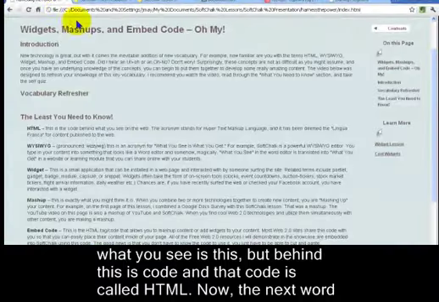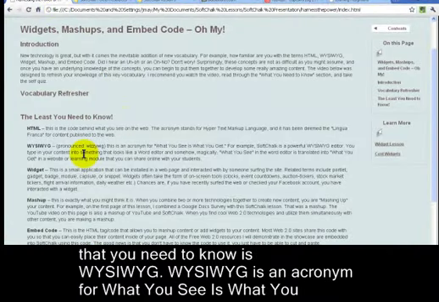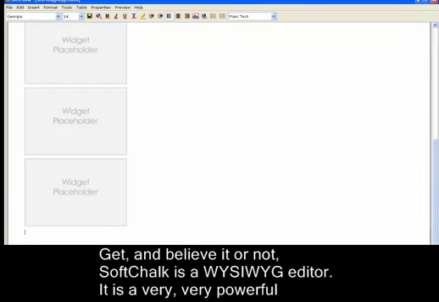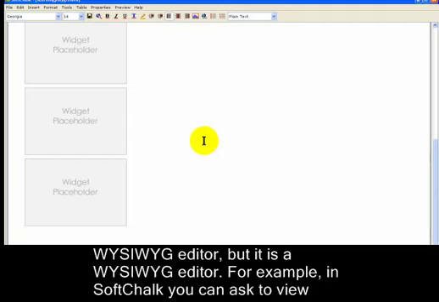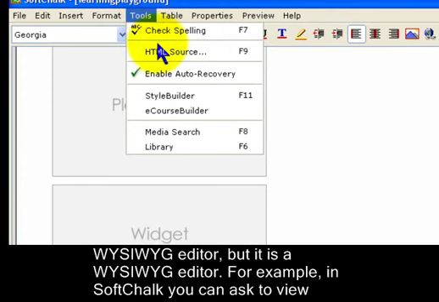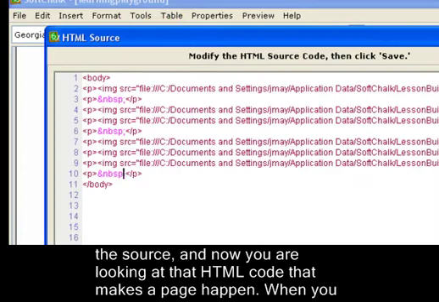Now, the next word that you need to know is WYSIWYG. WYSIWYG is an acronym for what you see is what you get. And believe it or not, SoftChalk is a WYSIWYG editor. It's a very, very powerful WYSIWYG editor, but it is a WYSIWYG editor. For example, in SoftChalk, you can ask to view the source, and now you're looking at that HTML code that